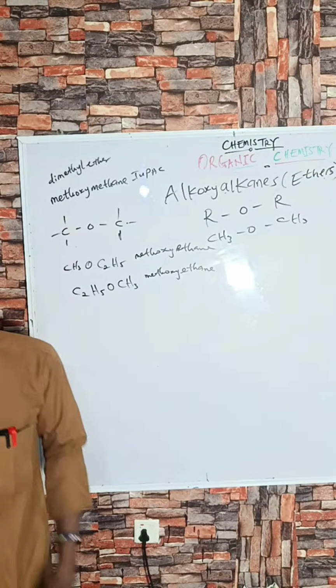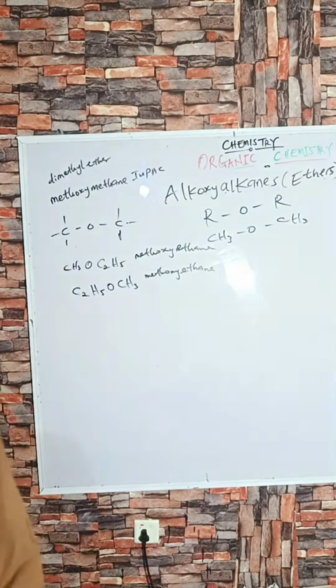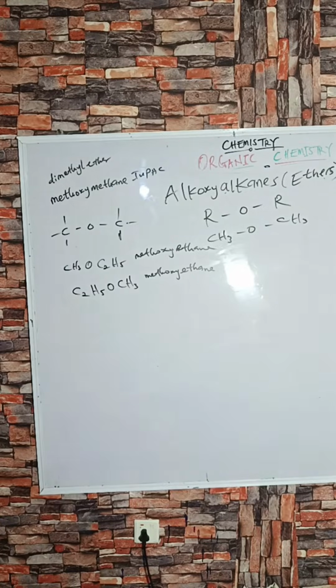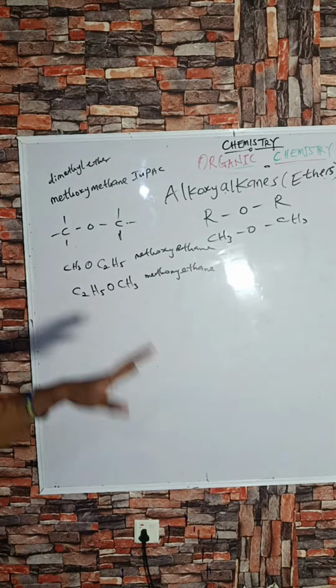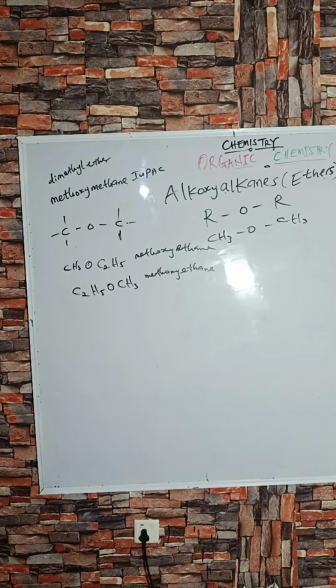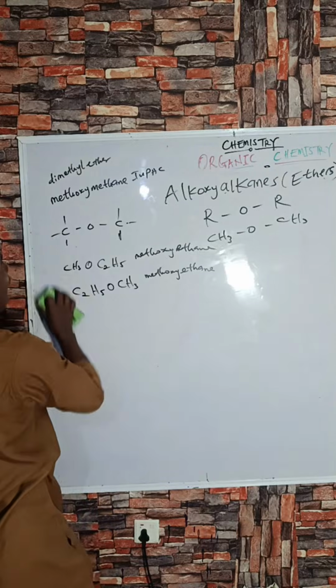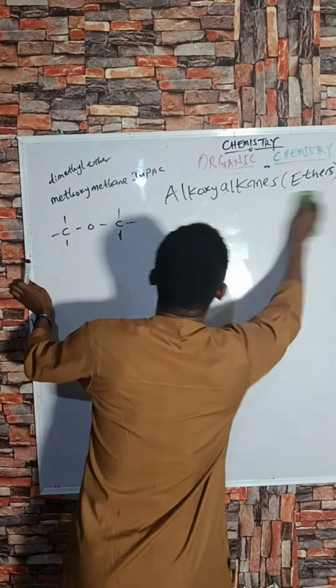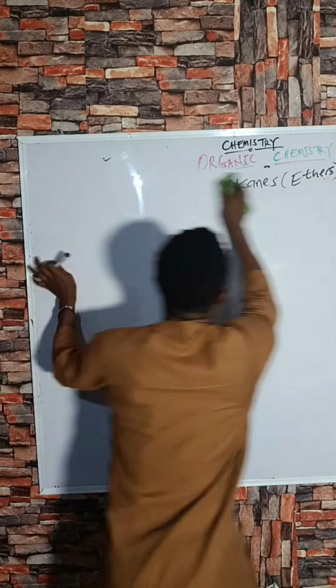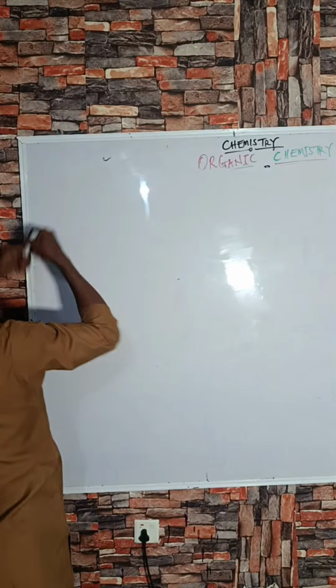So the principle is clear. The smaller one is your alkoxy, the bigger one is your alkane. I hope you've seen the correction to that. And another name for alkoxy alkane is ethers. All right, we've taken alkanols, alkoxy alkanes, alkanals, alkanones. I'll move down to the next one now, which is your alkanoic acids. So for your alkanoic acid now,